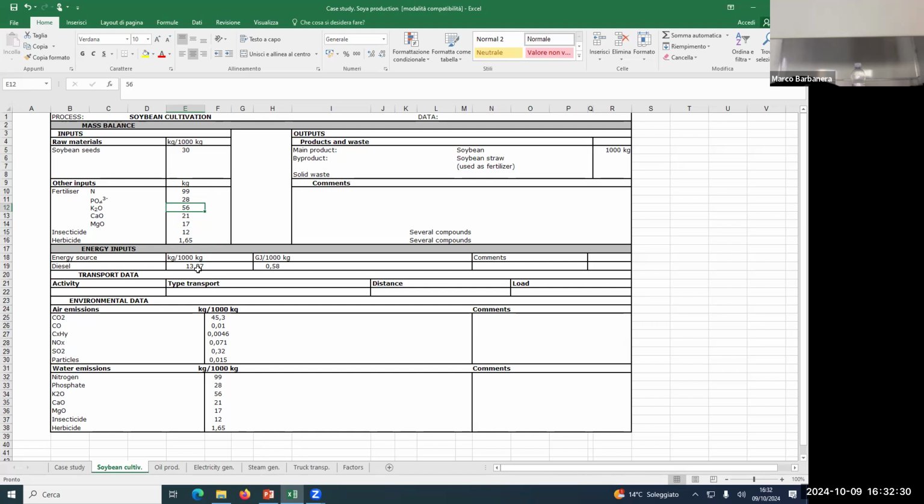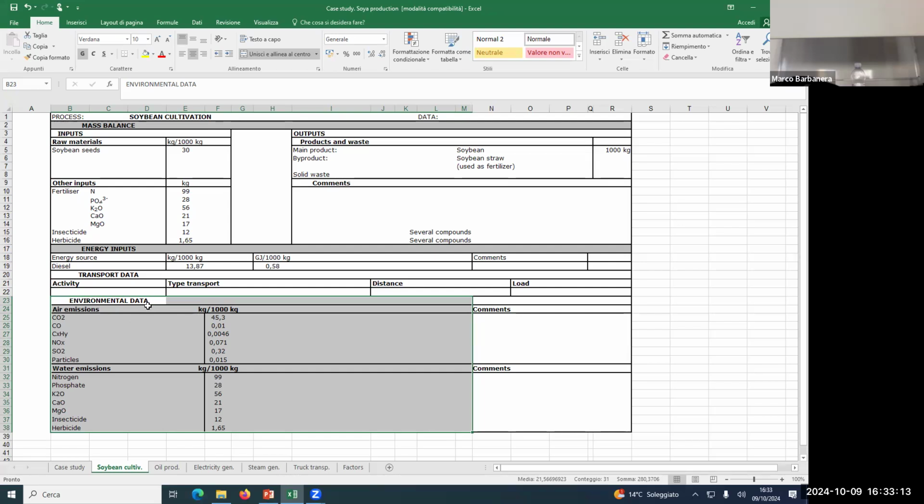Among the input data, you also have the consumption of diesel for the agricultural operations in order to produce 1,000 kilograms of soybean. And among the output data, these are the output data for this unit process: air emissions, CO2, CO, hydrocarbons, and so on; water emissions, nitrogen in water, phosphate in water, and so on. So you have to consider that